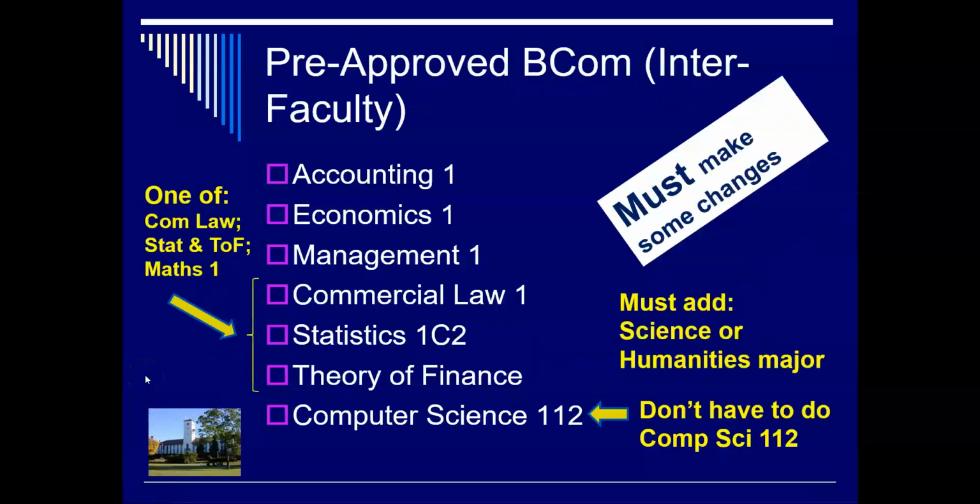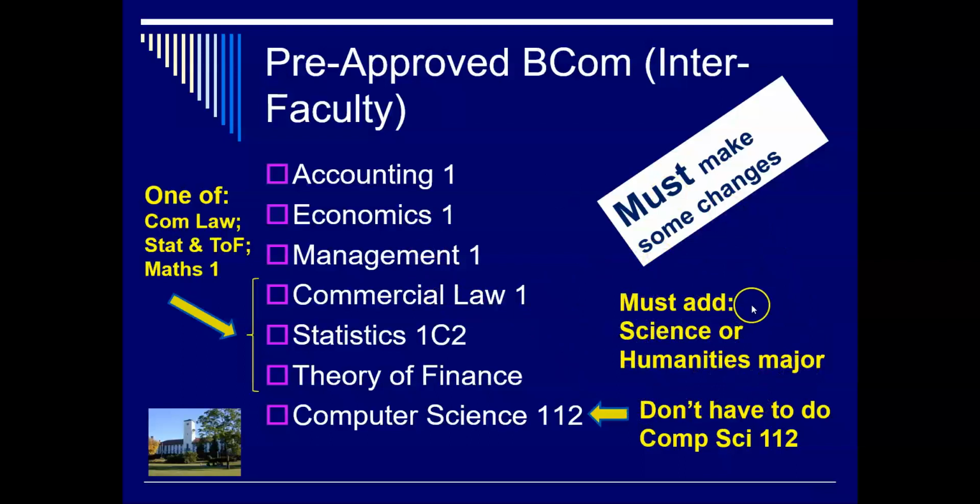The pre-approved BCom interfaculty requires you to make some changes. I don't know that you want to do a BCom interfaculty. You need to tell me via the curriculum approval, and it's a little more complex than usual. In the first instance, you need to go ahead and add the science or humanities major that you intend